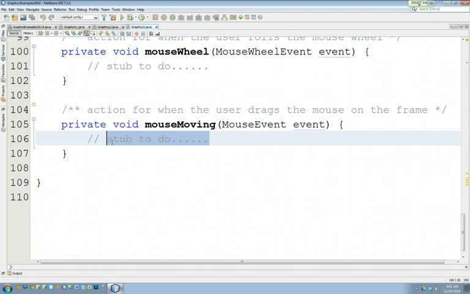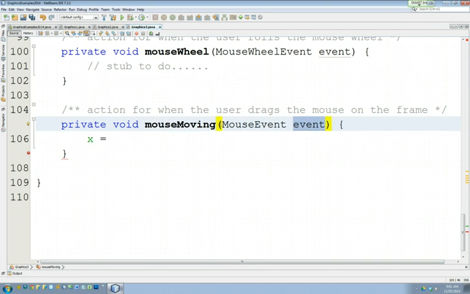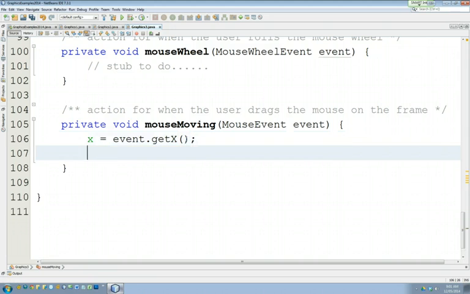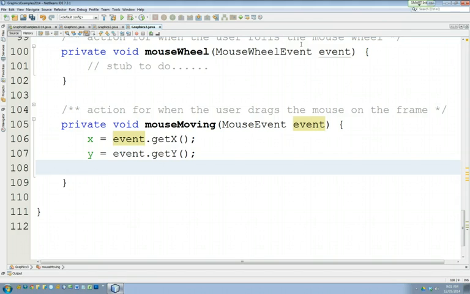So the first one we're going to deal with is the mouse moving method. Okay? What should we do? And again, this is really when we're dragging the mouse. Well, what we're going to do is we're going to retrieve our coordinates. So what is x at this point when the mouse is moving? Well, x can be pulled out of this mouse event object called event. So all we do is we say event dot get x. So there's a method within the event called get x, which makes more sense. And y equals event dot get y. Okay? So we get the x and we get the y,